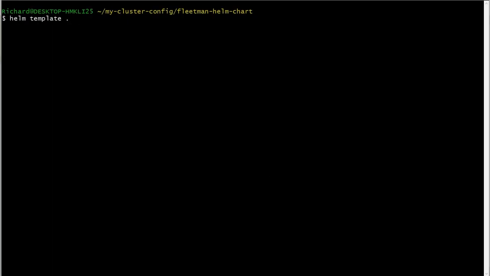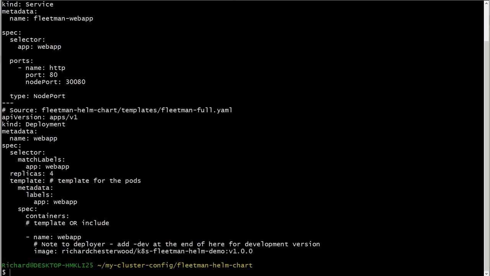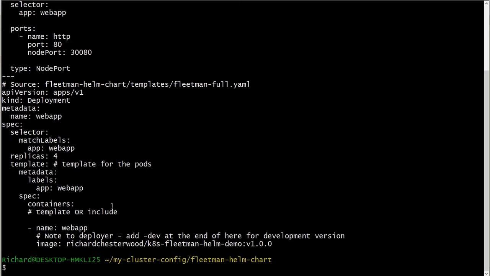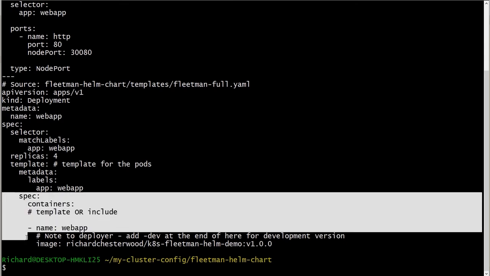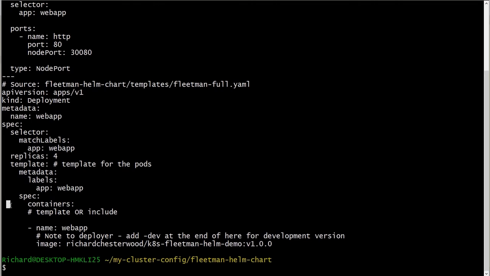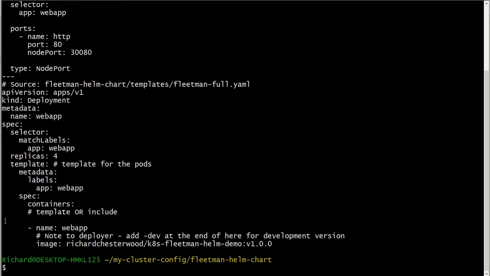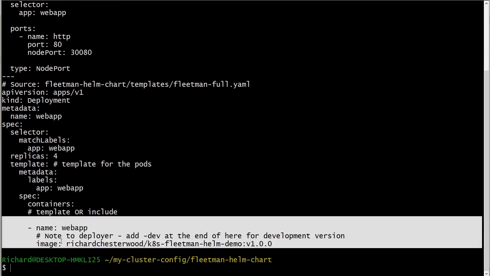Back on the command line then, we'll repeat our Helm template process, and we didn't get any errors, so that's good. And what we want to look at here is the structure of the YAML that has been output. So that's the comment that was present in our main file. And then the next line is where we brought in the name template. And you can see that it actually has brought in that name template.